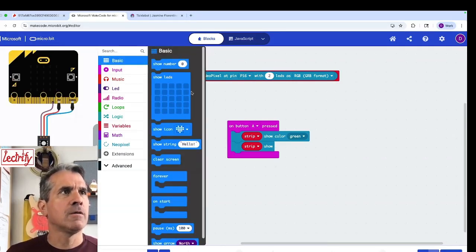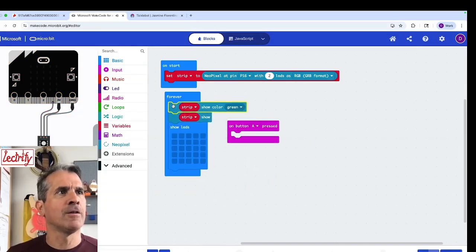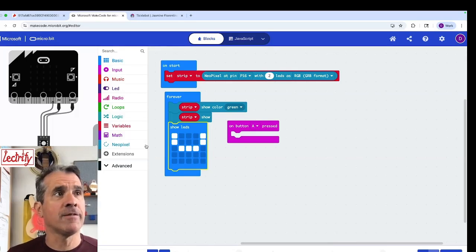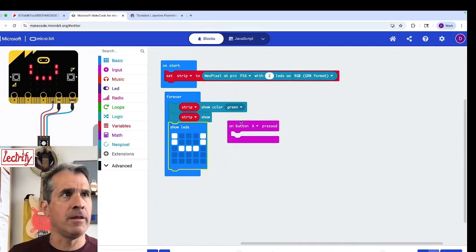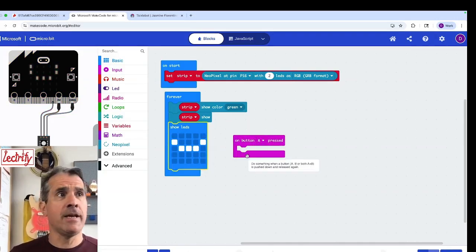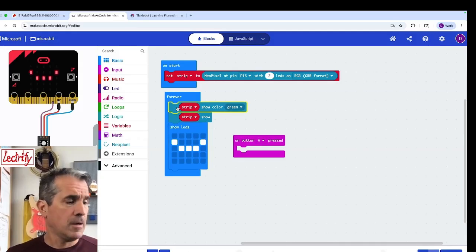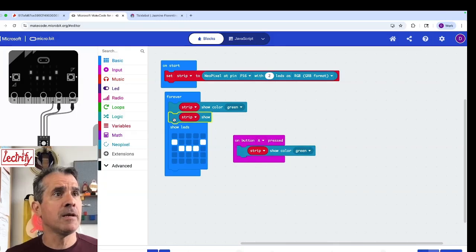So, of course, I just did this on button A pressed. I'll drag this all over to the forever. And I'm going to say, okay, so here we are. Got a big smiley face that forever, the eyes will be green and there'll be a smile on the face. Now, I'm going to take this same code here, and I'm just going to copy it. So I'm going to Control C, Control V here. And now under button B,